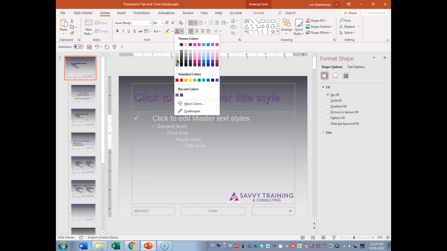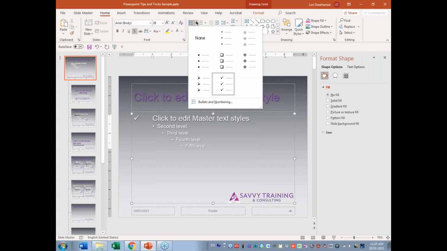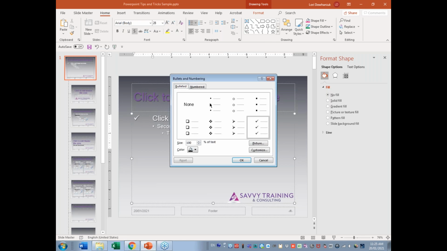When you have a colored background, sometimes it's nice to have... I'll just try that. And again, I'm going to do a shadow. I always like to have the shadow because it just gives you a little bit more definition on your text. And then for my check mark, if I go back up to the bullet point, go to bullets and numbering,